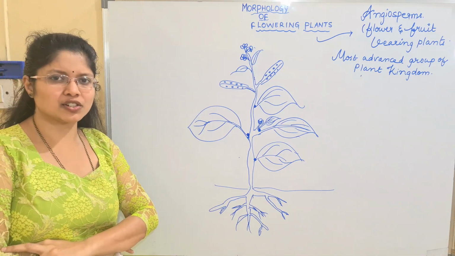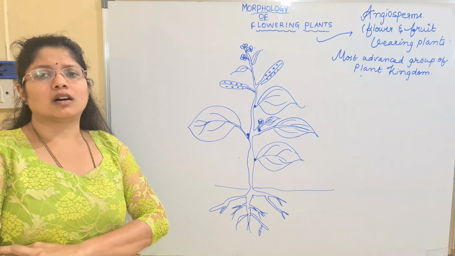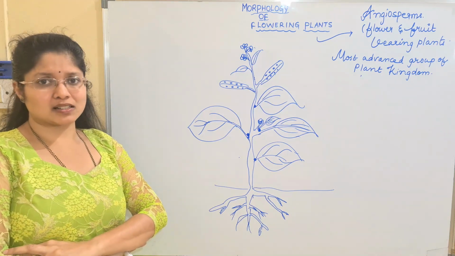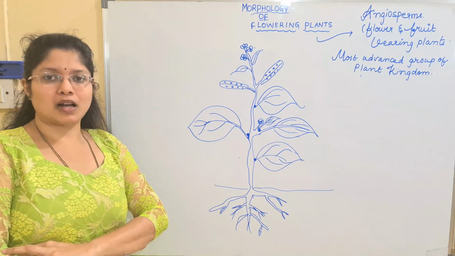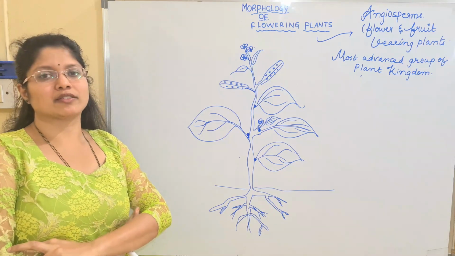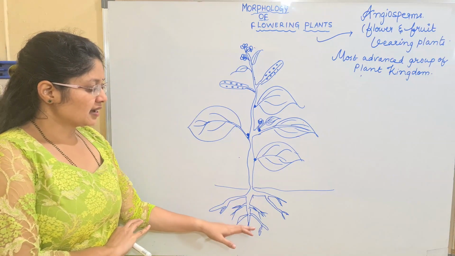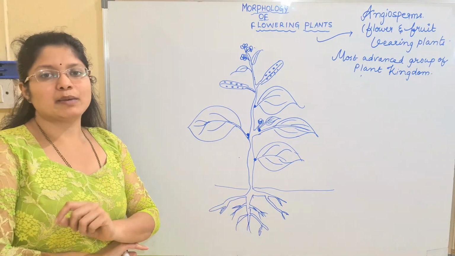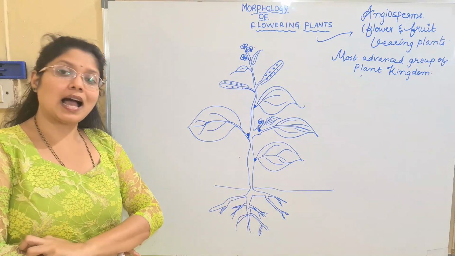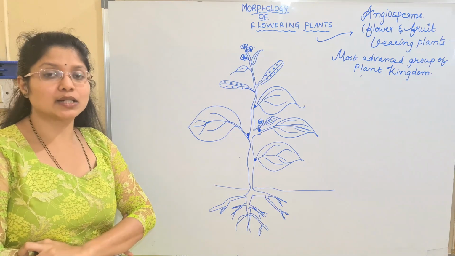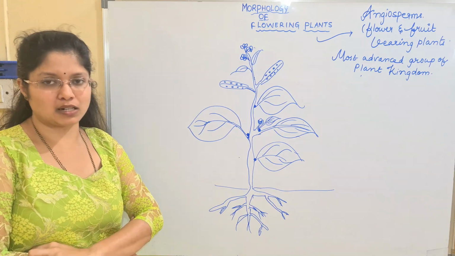So what are the major functions, children? Even you are learning this in your primary classes, regarding the structure of the plant, what structures are associated with the plant, and their functions. So we will just recall them. The first thing is the root system. The root is mainly meant for absorption of water and minerals. Not only that, it mainly helps in the anchorage of the plant.